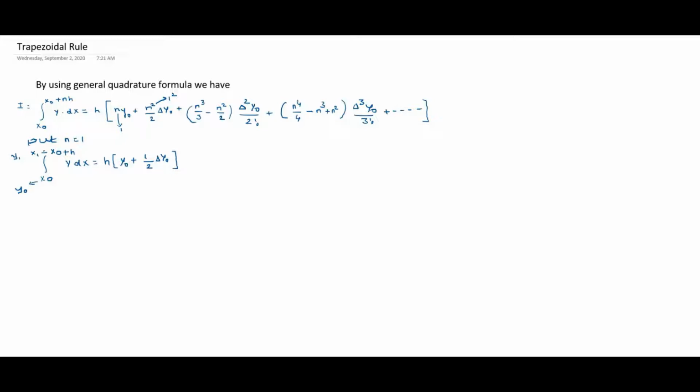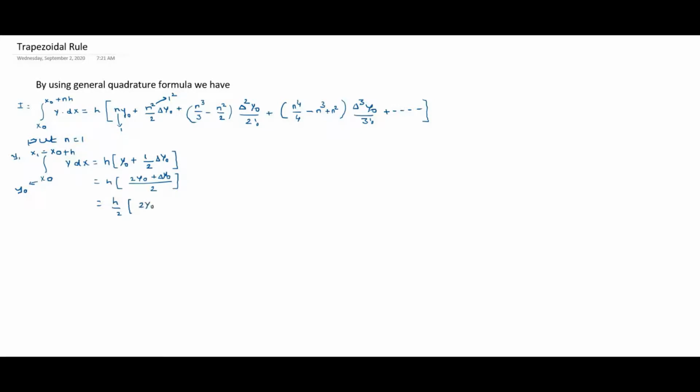So therefore this is equal to h into bracket, if you take LCM, LCM is 2, and by using this cross product 2 into y0 is equal to 2y0 plus the remaining term is delta y0 bracket complete. Now substitute the value for delta y0. I will write divided by 2 outside, so this is h divided by 2 into bracket